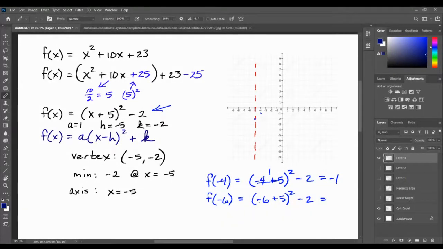So negative 6 plus 5 is negative 1. Negative 1 times negative 1 is a positive 1, minus 2, negative 1. So we're there. And you'll find that it will be shaped just like the parent function was, rising up. So that would be my parabola. And I read h, k right off of